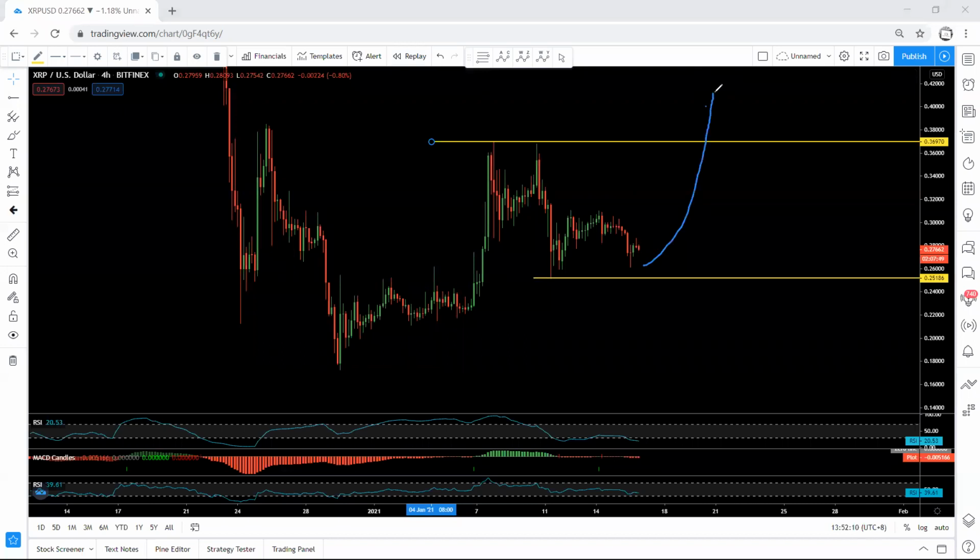If there is a continuation, I will keep. If not, I will take the trade. I will take out the trade because there is a possibility for the next move now. Okay. Now, why will I buy?